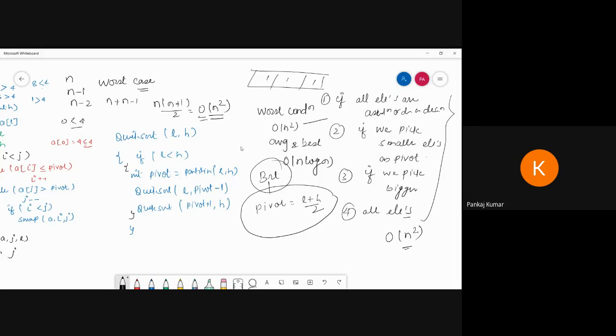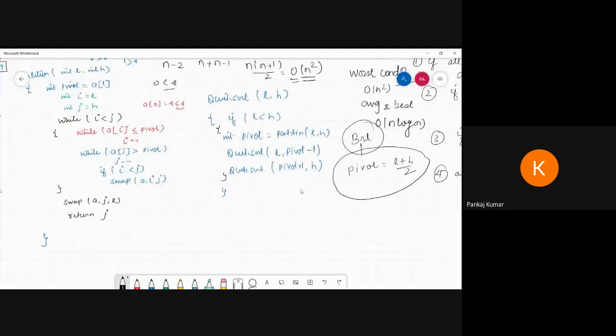Now see, if you want to become a data scientist, okay, आप देखो, if you want to become a data scientist, you want to become AI, you want to become a software developer, SDE, ठीक है?